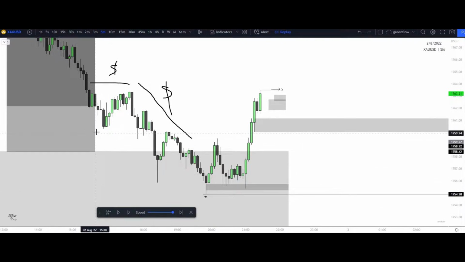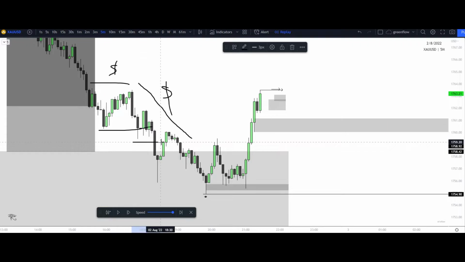We look for the raid of the lows, the constant manipulation, and then that impulsive break of structure from the most recent high that caused the new low. So within this situation, we see lows raided here, lows raided here. The final low is raided here, and then we get that break of structure that is present right here from this impulsive move. So we look for the higher low, and then we look for that continuation.